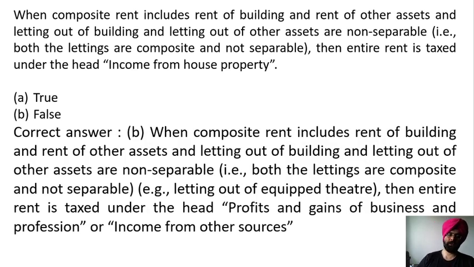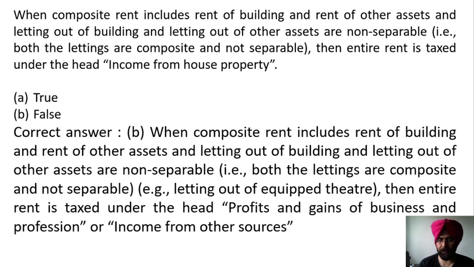Here the correct answer is B. When composite rent includes rent of the building and rent of other assets, and letting out of the building and letting out of the other assets are non-separable, both the lettings are composite and are non-separable, for example, letting out of an equipped theatre, the entire rent is taxed under the head profits and gains of business and profession or income from other sources. So it depends upon whether the person